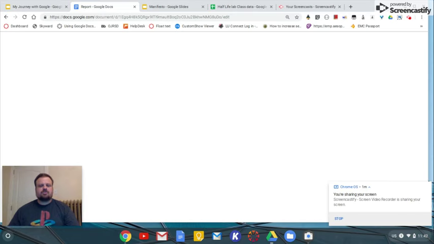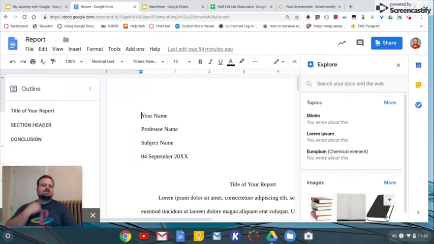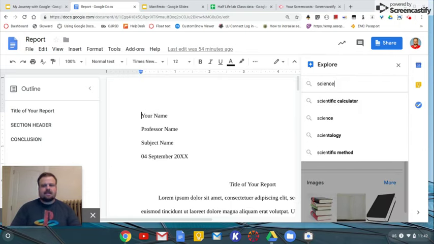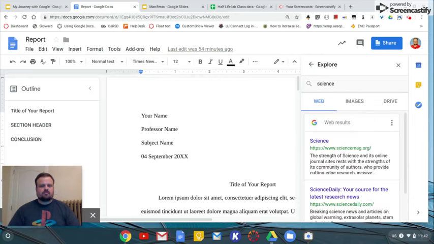When you're within a Google Doc, what's really nice is on the bottom right, you're going to notice this icon, which will say Explore. And when you kick that out, it's going to immediately read some themes and topics and even some possible images. But what's really great is you might be saying to yourself in the midst of your project, I need to incorporate more science. By typing in keywords like science, you're immediately getting the top web results from Google. You're getting any images with the proper licensing so that you know if it's modified for your use or whether